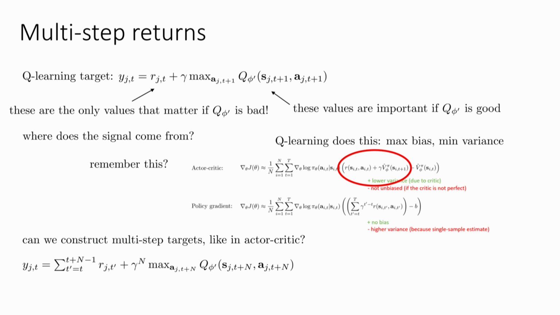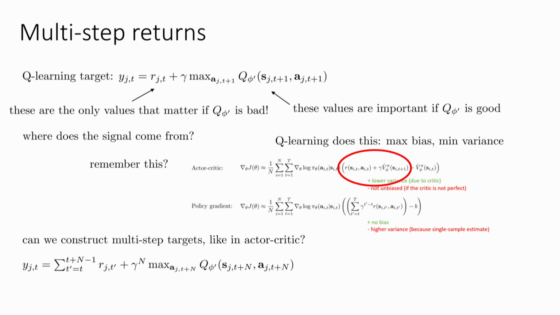So why might we prefer to do this? Well, if our Q function is currently not very good, if it's essentially a small random number, then we're summing together more than one reward, which means that we're getting a little bit more learning signal out of this. If your Q function is already pretty good, this will have somewhat higher variance, but if you choose an intermediate value of n, somewhere between 4 and 10, let's say, then this might give you a pretty good balance.